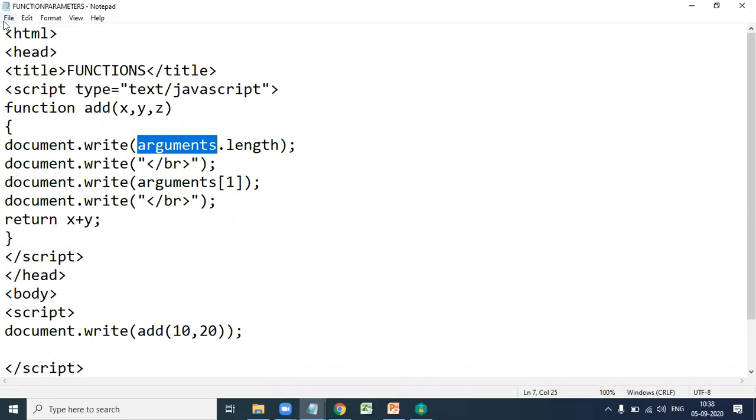Let us check arguments of 1 and see the output. Similar to arrays, we are accessing the actual parameters.